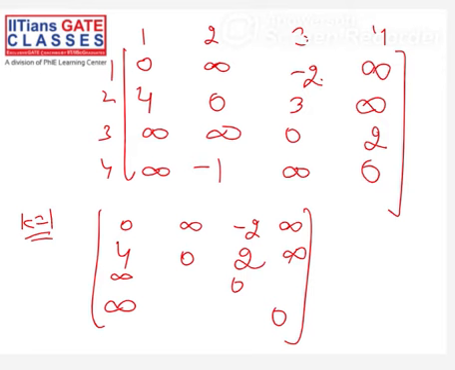Okay, so 3 to 2, 3 to 1, 1 to 2. 3 to 1 is infinity, so this will not change. And 3 to 1 is again infinity, right? So this will also not change. So this will still remain 2. So 4 to 2 I have to find. So 4 to 1, 1 to 2. 4 to 1 is infinity, so this will not change.